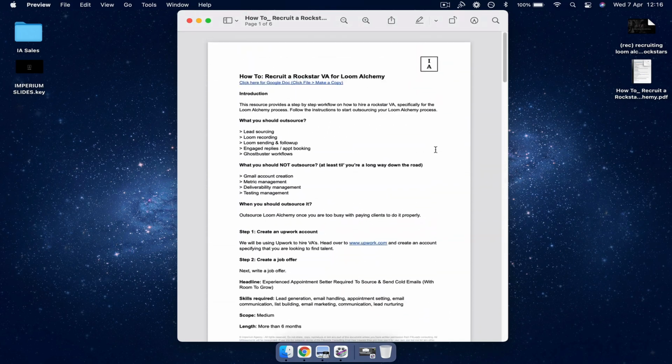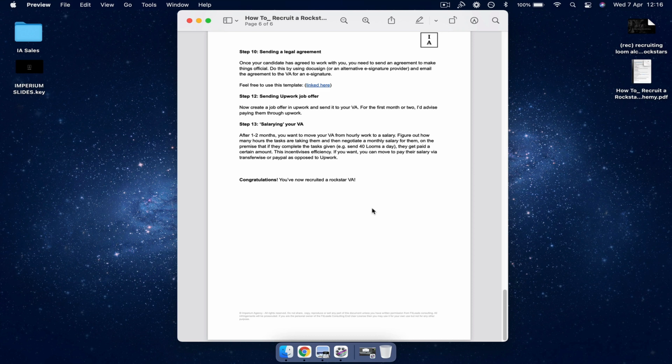It's really straightforward. And then the other thing is that managing VAs is pretty self-explanatory, right? You just want to set really clear expectations and give them really clear workflows so there's no ambiguity in the tasks they need to do. Okay, you want to remove the need for them to think about what they're doing, especially when it comes to Loom Alchemy. So the next video, following on from this one, is going to be about workflow SOPs, specifically for